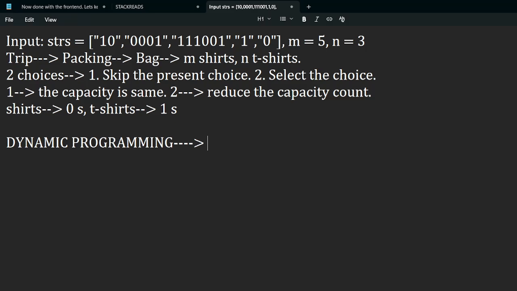We iterate both the choices, and the main advantage, which is the twist in the dynamic programming concept, is that we avoid recalculating the same choice repeatedly,